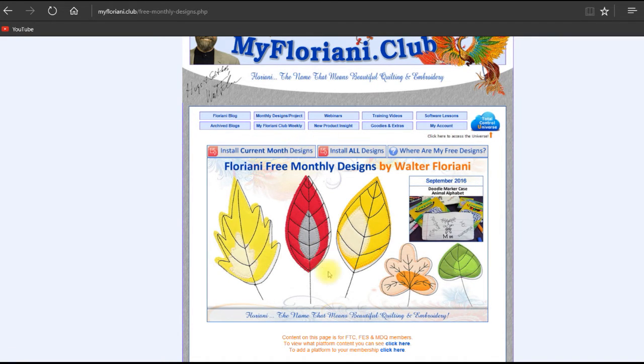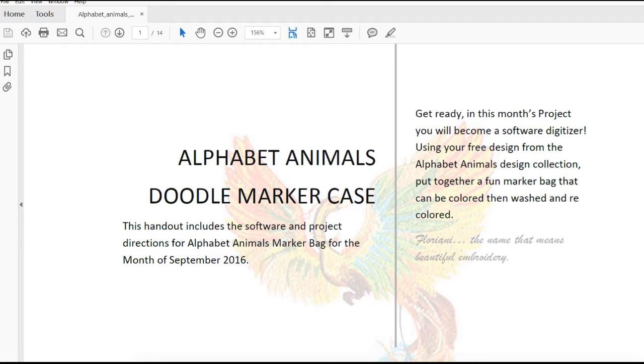Once you've installed the current month designs, you're not only going to have the designs available to you in your software, but you're also going to have an Adobe file that tells you the steps to go through for this tutorial. And it looks like this. Now it shows Alphabet Animals Doodle Marker Case. We're not going to actually make the doodle marker case, although you can if you'd like. The purpose of this video is to just work with you step by step through the process of getting ready